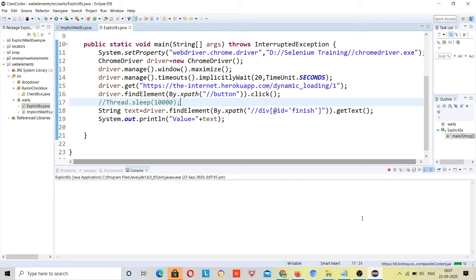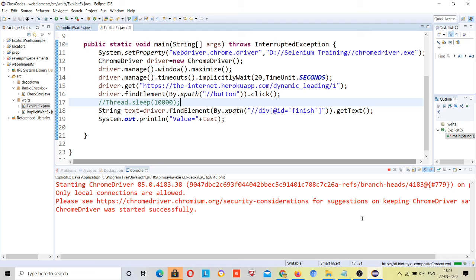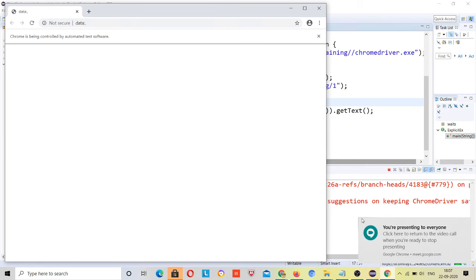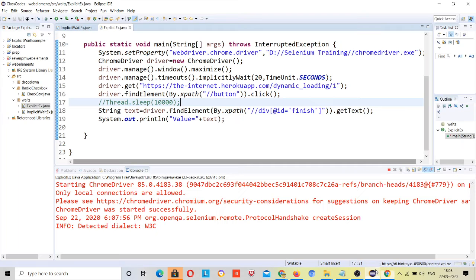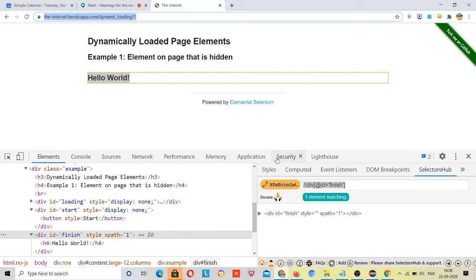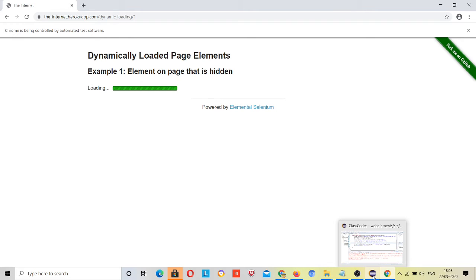I'll open Windows. It should print this text, hello world. Once it is displayed, it should print instantly because we have applied implicit wait.